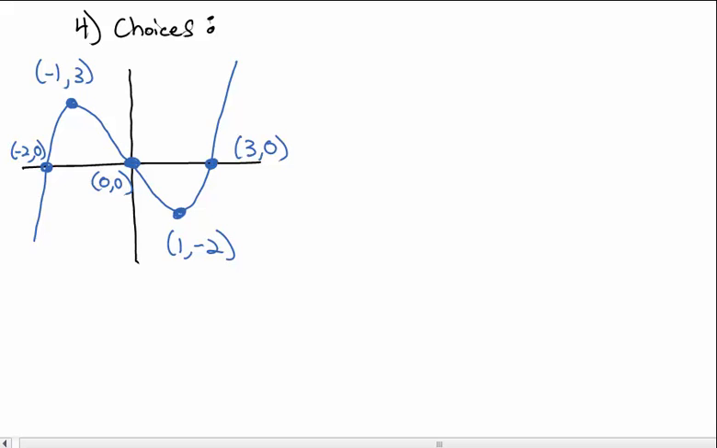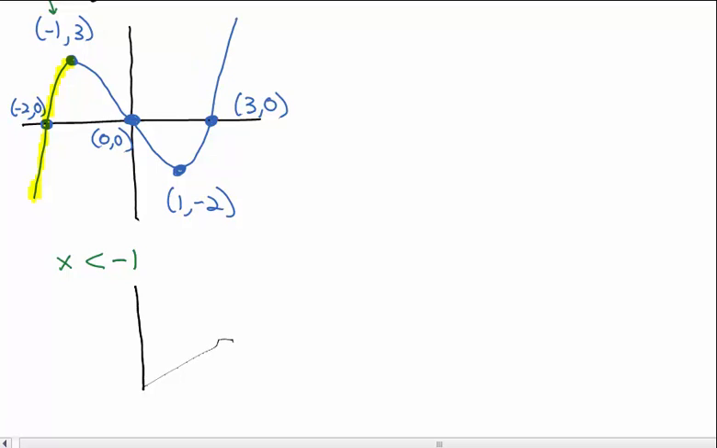One option is if we just look at the left part of the graph, the yellow. That would pass the vertical line test if we flipped it over. So doing that, we're limiting the domain to x is less than, because we want the left half, the x value there, -1. And so if we just look at x less than -1,